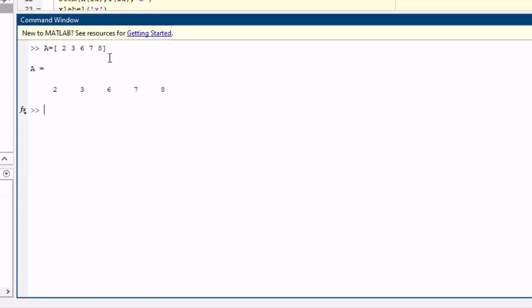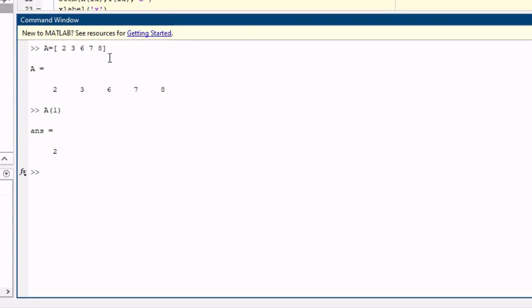So it's simple and very easy to handle this. First of all, we understood these values: 2, 3, 6, 7, 8. Normally the MATLAB index starts from 1, so it is very important. In C, C sharp, or whatever language, Python, the index starts from 0. But MATLAB and Julia start from index 1. So if you want to read the first value, a of 1 automatically gives the value 2.